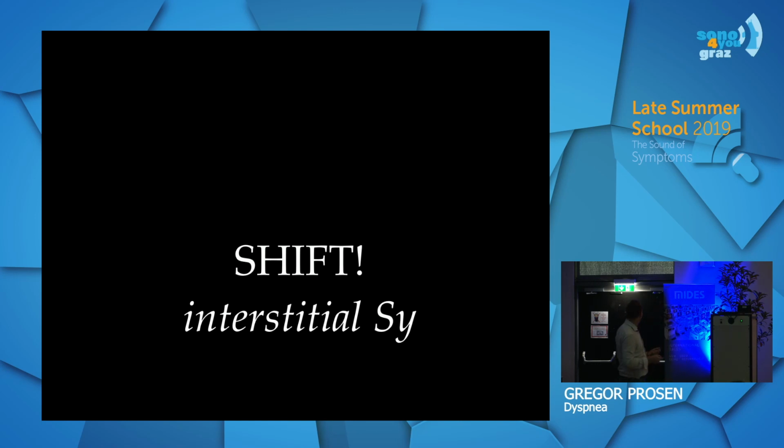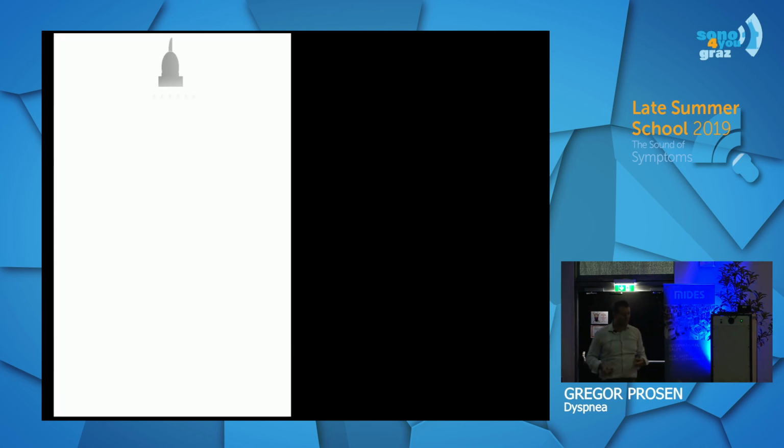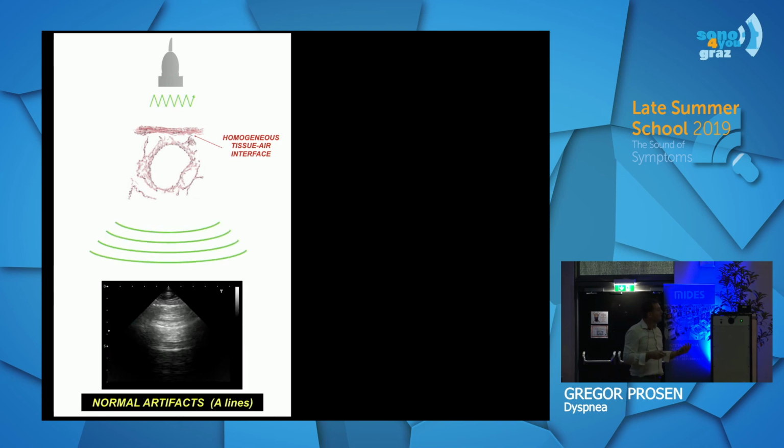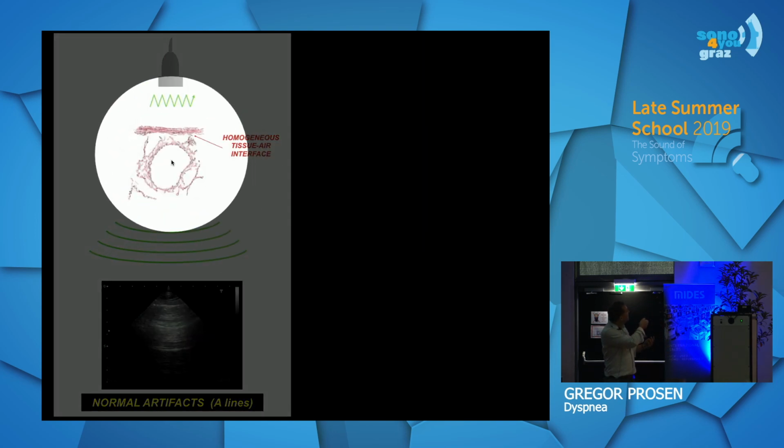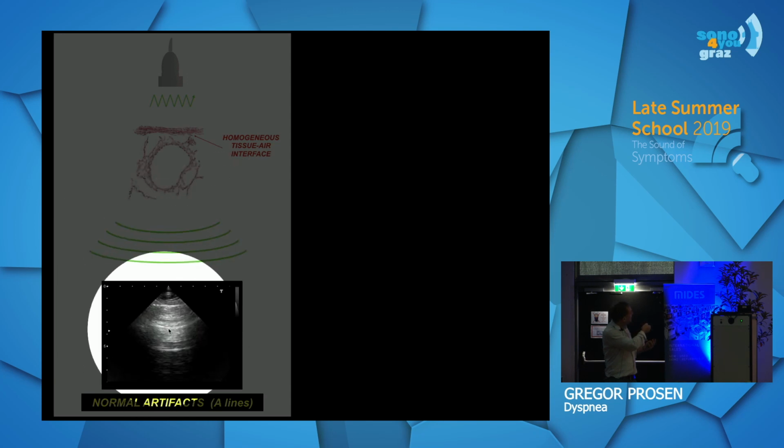Okay, one thing, if we have enough time, is interstitial syndrome. So we spoke about pneumothorax, that is full of air, right? So in that graph, it was left up. We spoke about fluidothorax and pneumonia, which is total water. And in between is interstitial syndrome. And here, the trick is that this is normal alveolus. Agree? It's pretty much mostly only air. And that's why this interface physically gives A-line,